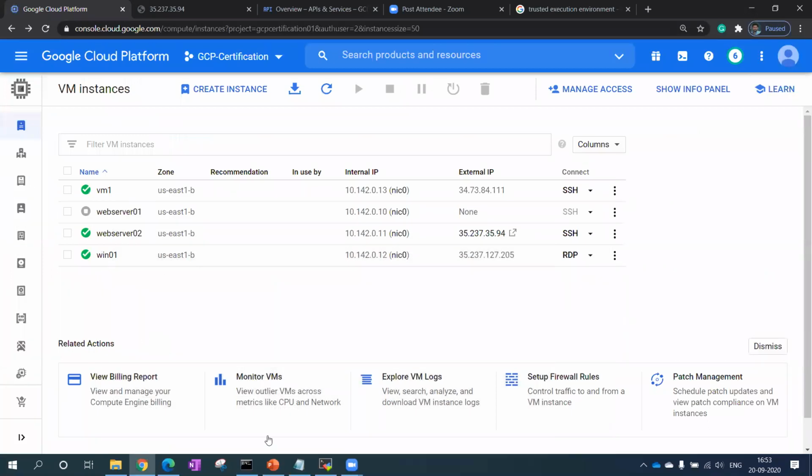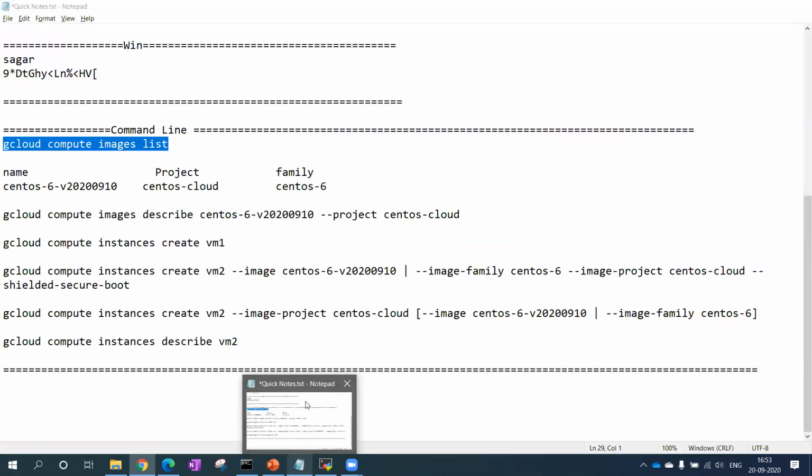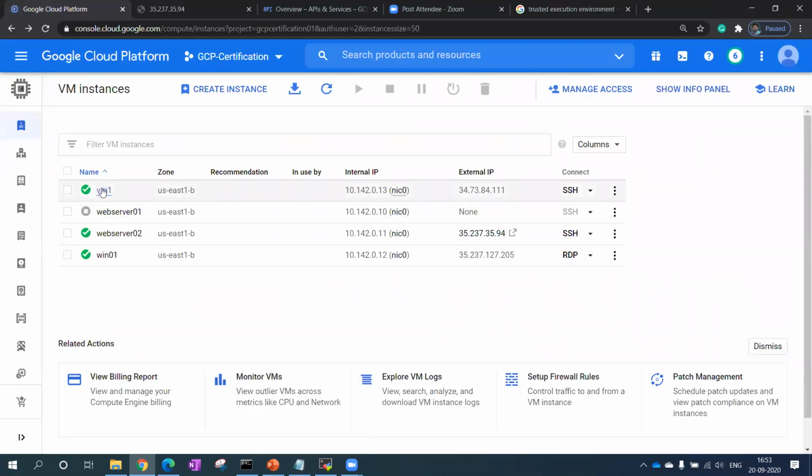Okay, one last question. Yes. Suppose I created a VM. Now VM01 is my VM, whatever VM I have created. I have installed software over there, suppose like MX Player or some other software, Python and everything.